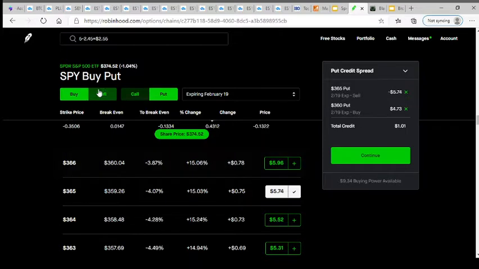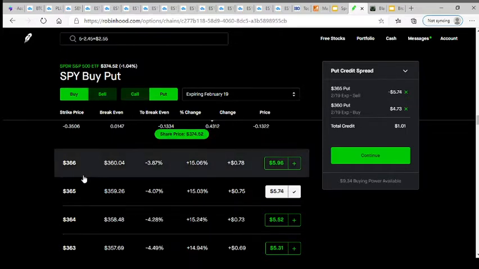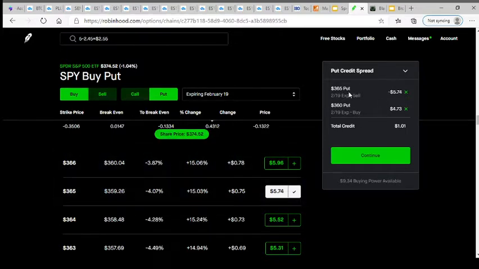If the underlying stock, SPY, stays above your short strike, that's your sell, at expiration. So if SPY stays above 365 until February 19th, then you receive the full $1 max profit,